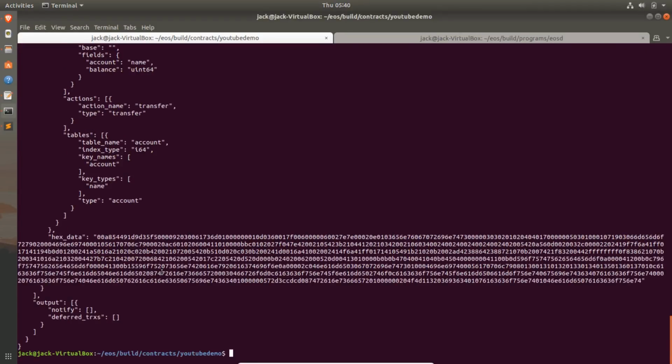So now we got it going, and now we can interact with it. So what you do here is you can push a message to your smart contract, which is youtubedemo, and then you can push. Now here's your action, this is going to be your action here. Now we didn't even define an action yet, so I don't think it will work, right? You can just say like my action, and then you'd put in data here. So in here what we can do is just send it A, B, C, D,